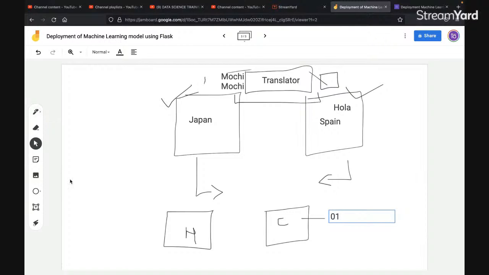Now suppose a human wants to instruct a computer, "Kindly open my system." They cannot directly say that in English, because the computer or machine will not be able to understand. The reason is that a computer only understands 0 and 1, so the human has to give the instruction in this format. Now you can see this is very difficult for a human to learn or interpret, how exactly a machine speaks.